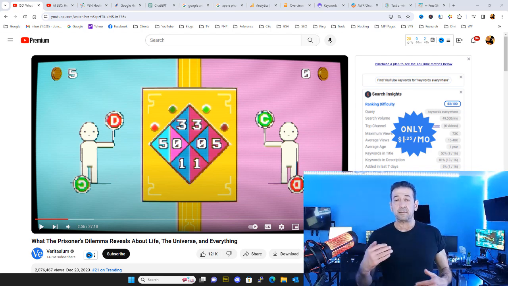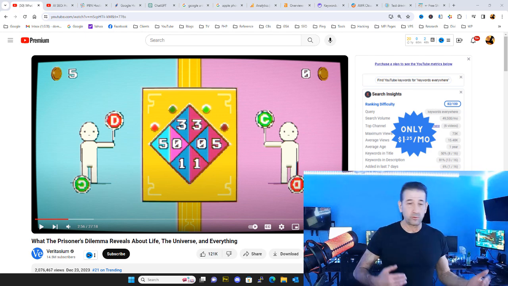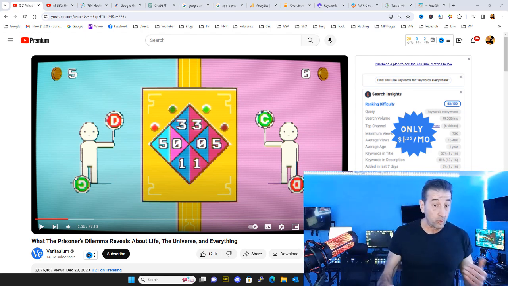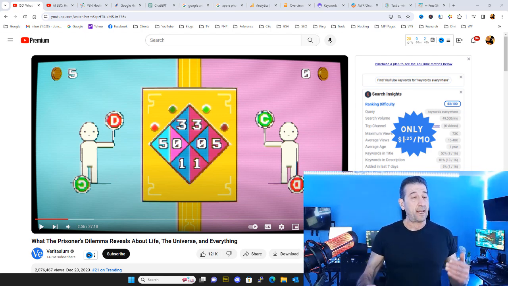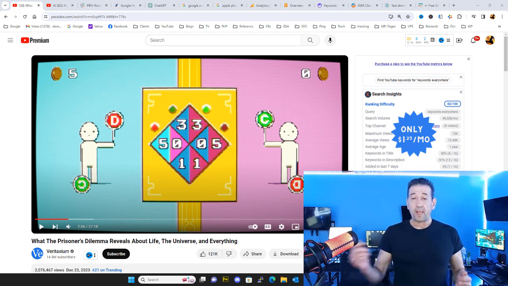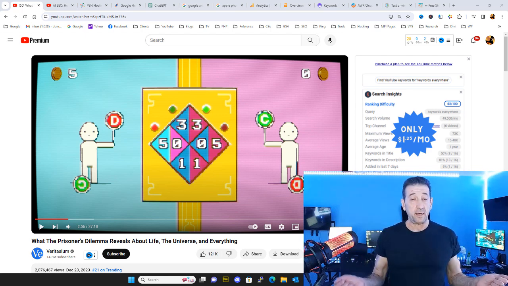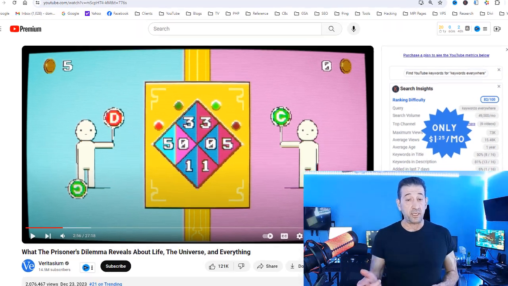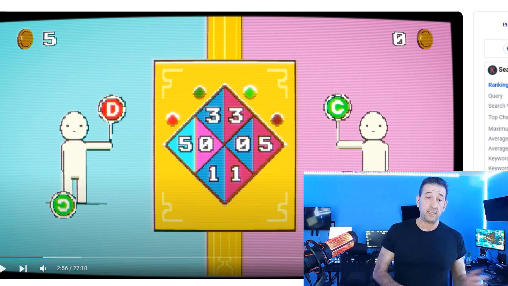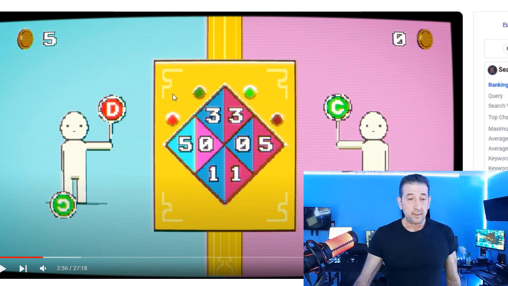Basically, this applies to all sorts of things, from nuclear war strategy, and the principle is the two individuals have an option. They can either C, cooperate, or D, defect. So if they both cooperate, each receives 3 points.